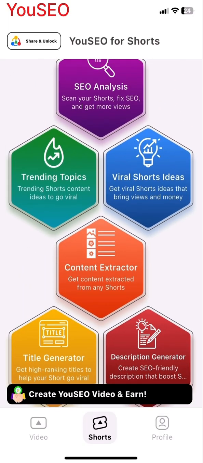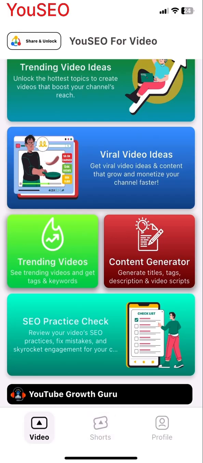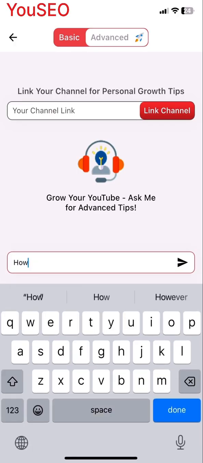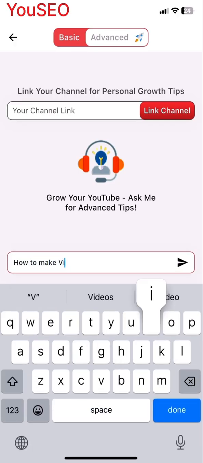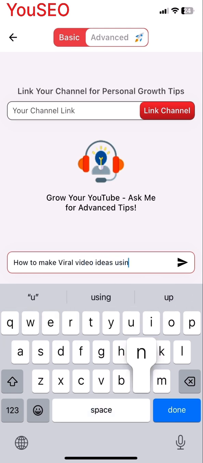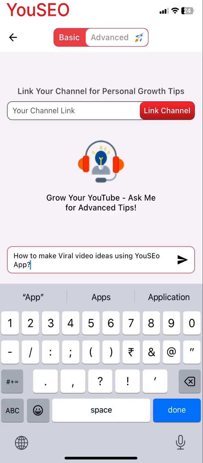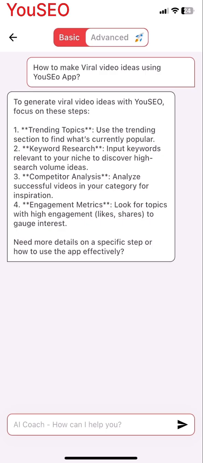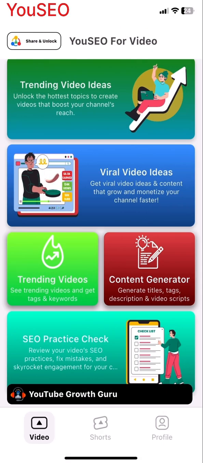What jumps out right away is YouSEO's big promise, helping you create click-driven and trending content. And for any creator, that's often the biggest hurdle, right? Cracking that code. Exactly. And what's quite interesting here, I think, is how it bundles everything together. All these different elements in one app. Usually you might be juggling several tools, maybe different websites or methods. So this seems designed to consolidate that whole preparation and creation process, addressing how fragmented optimization can be.